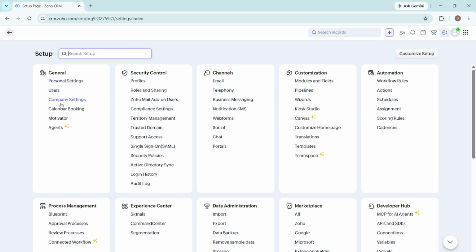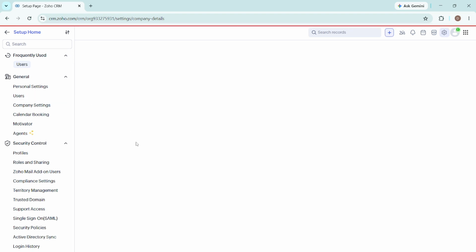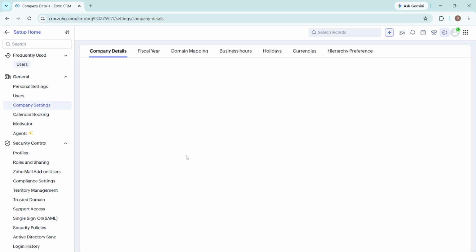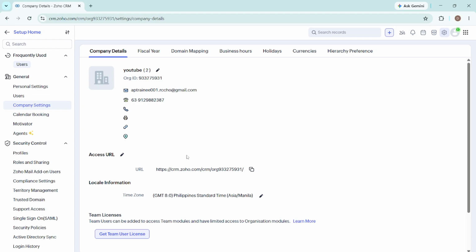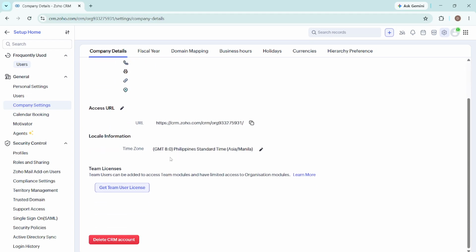managed. Next, within the Setup area, you will want to locate Company Settings. It is typically shown under a section labeled General, or you may see Company Settings listed within the General Administration options. Click Company Settings when you find it. This matters because the ability to delete a CRM account or organization is tied to company-level configuration. Once you select Company Settings, the page will refresh, and you should see a variety of administrative controls related to